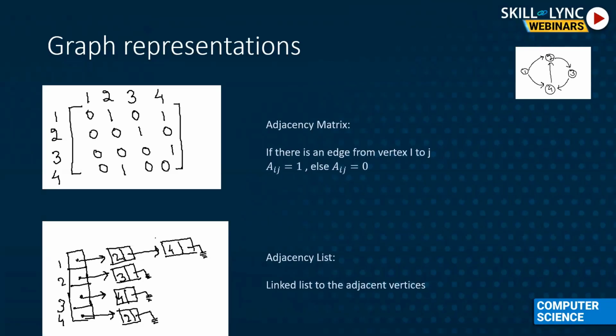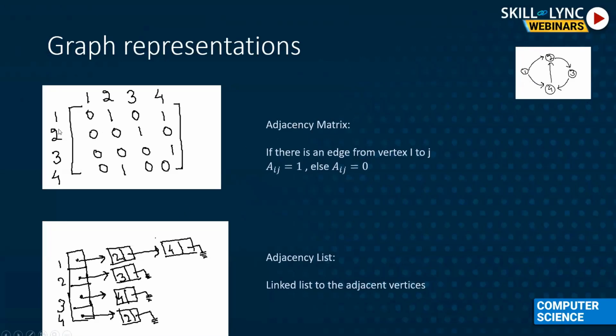Adjacency means nearest to you, your neighbors. It's a matrix. If there are 4 nodes in the graph, maybe I can show you here. So this is the graph that is coming here. You can see 1 is pointing to 2, 1 is pointing to 4, and 3 and 2. And if you represent this graph, there are two ways that we can represent it. One is the adjacency matrix.